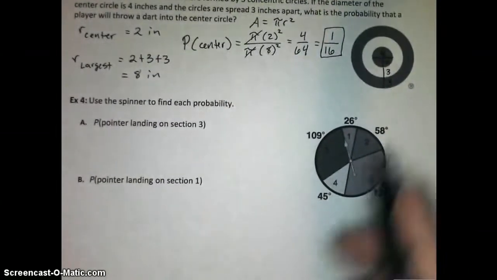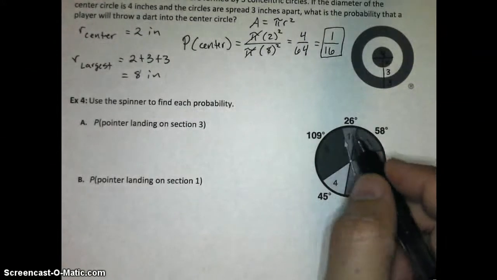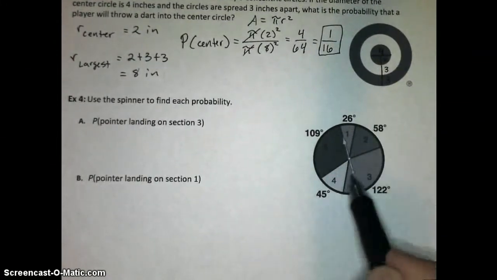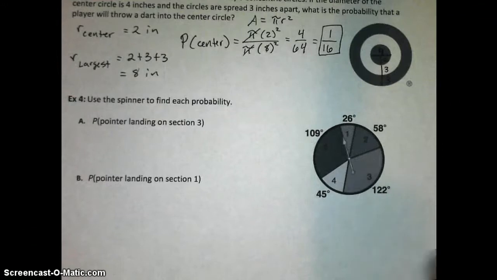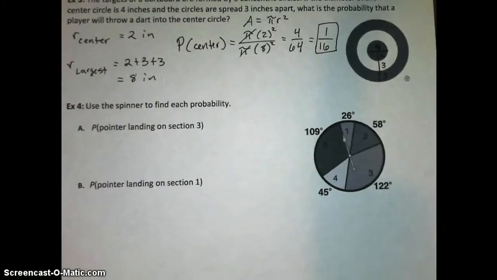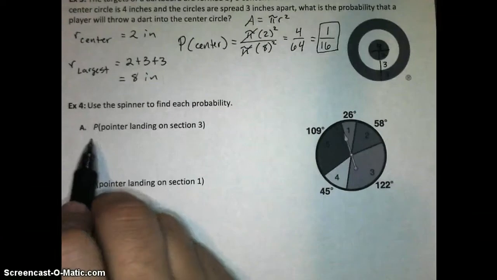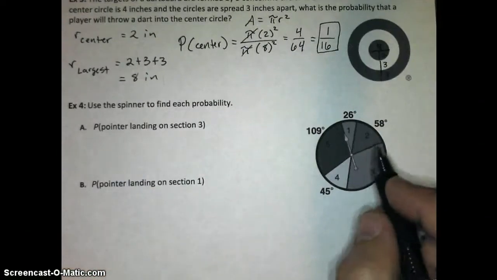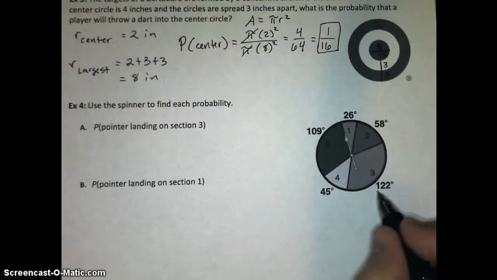All right, let's finish up with example 4. We can also use degrees of a circle, like in a pie chart or in a spinner. So here's our spinner that we have for these next 2 parts of this example. Okay, we want to first select the probability of the pointer landing on section 3. Well, that's 122 degrees out of the total 360